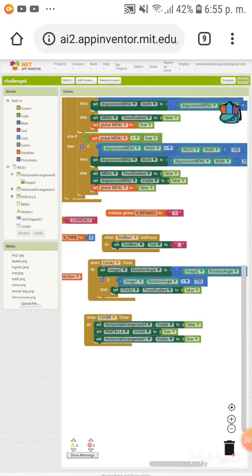So when the cover timer ends the time you selected, then the arrangement of the cover will turn to invisible, and the other ones will turn visible so you can see it. And yeah,